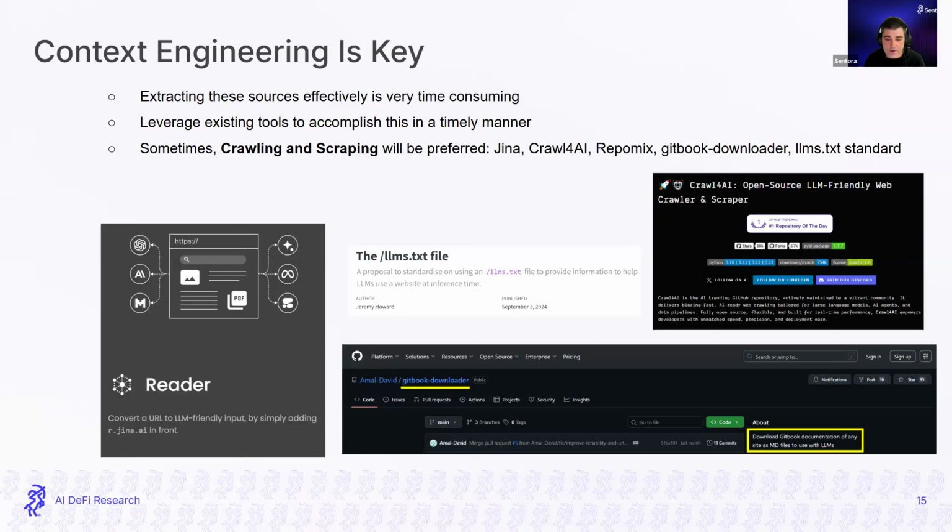Also massively helpful, and I will touch more on it, is RepoMix, which allows us to compress source code on GitHub into a single file, which can become extremely helpful to get the implementation of how a protocol was done and be able to better understand it, for example.